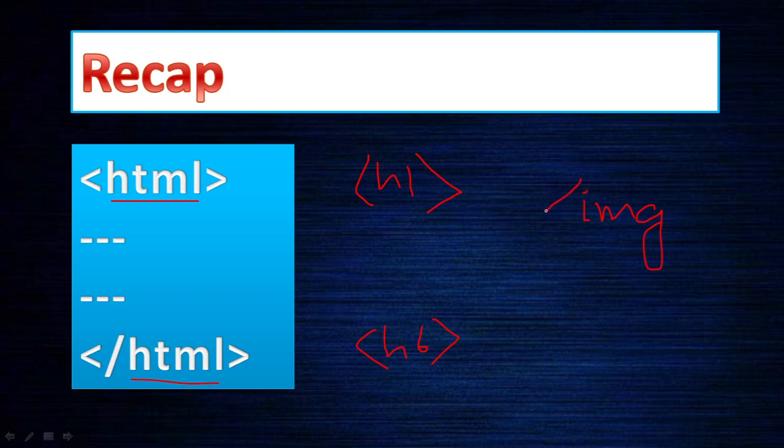When we talked about the image tag, we discussed what the image types are, and particularly how to use Paint to create some pictures, to crop the pictures, or to save the picture. So all of that we learned in Paint. Apart from this, now we know how to use Notepad++. It is a free editor, so you can always use Notepad++ to create HTML pages.